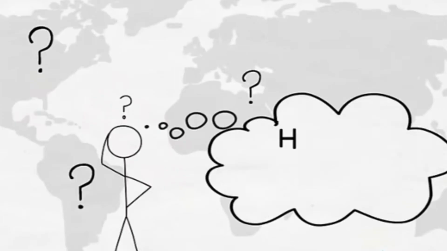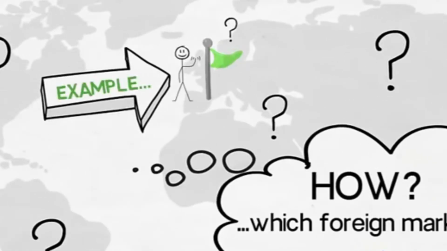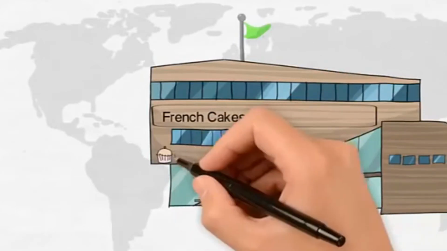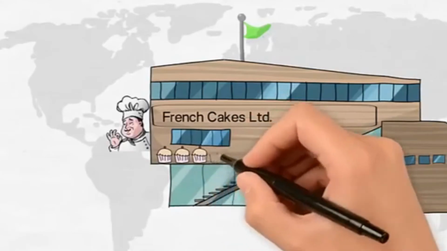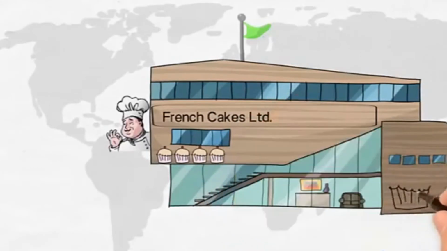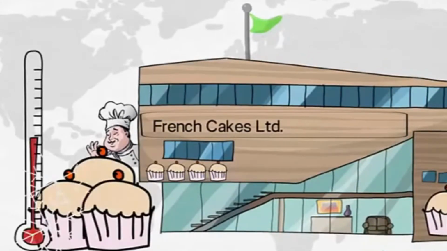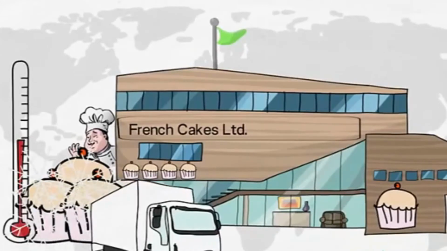So how can we go about making an informed choice of which foreign market to enter? Let us use an example. This French business produces French cakes and desserts. In these modern production facilities, well-educated confectioners develop recipes and create delicious cakes and desserts. The cakes and desserts are frozen immediately after production and are then distributed to a variety of catering companies, restaurants